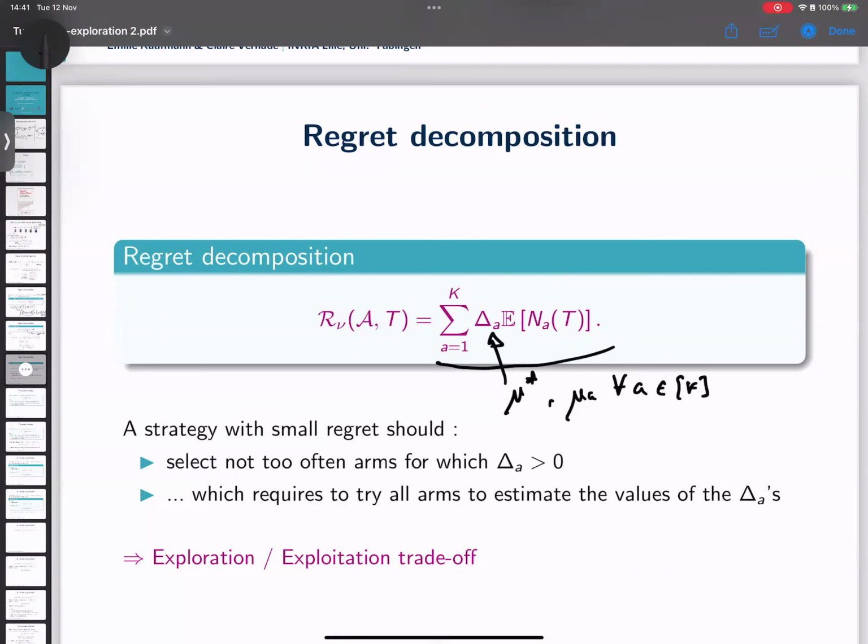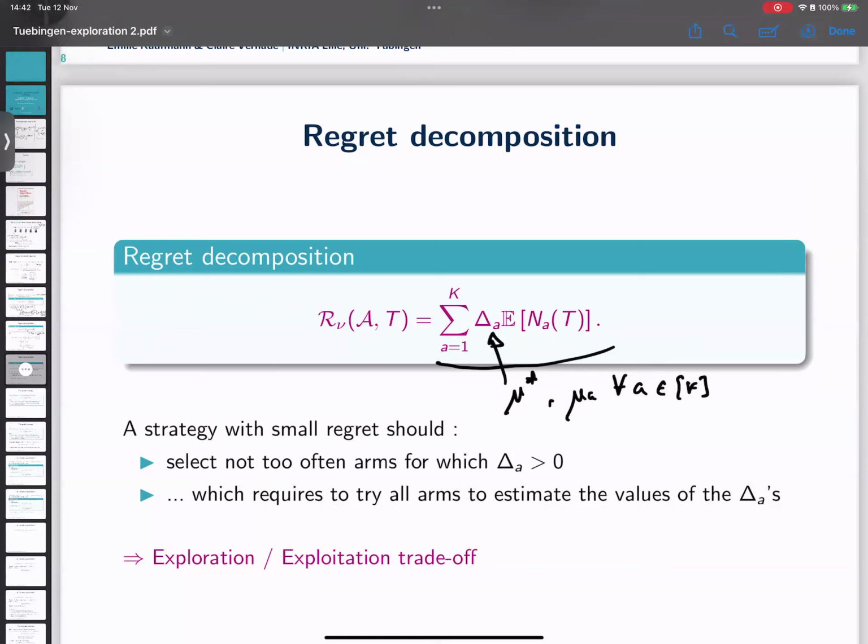But in the back, my system that knows the means can evaluate me. So I don't see the true means. I can only see samples. But my system that is evaluating me can measure my regret. And what I want to bound in theory is what is going to be my score, the score that my system behind me is going to compute for me. So it's this loss, but I cannot observe this loss. I can only observe the reward that I get from the arms.